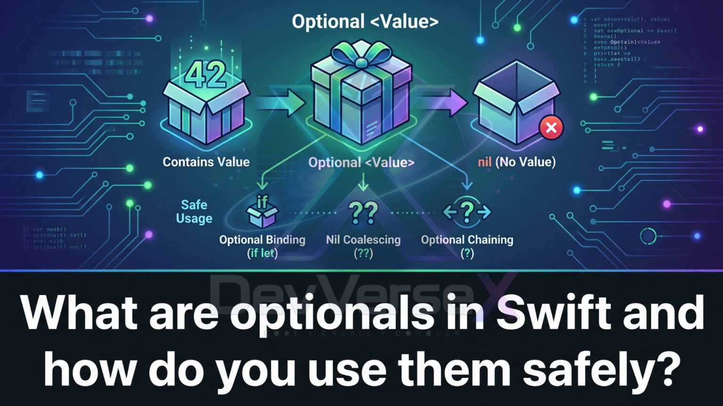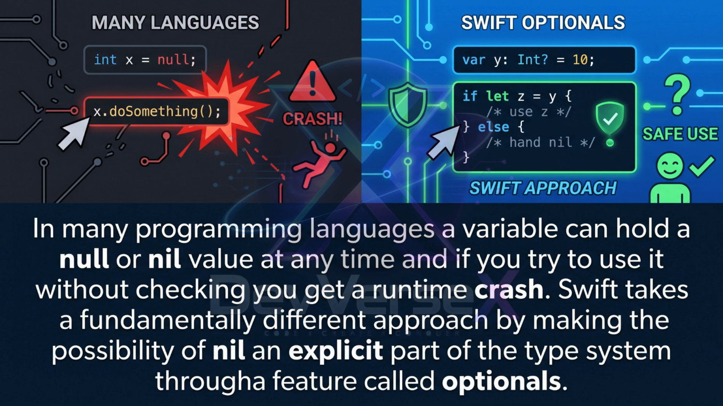What are optionals in Swift and how do you use them safely? In many programming languages, a variable can hold a null or nil value at any time, and if you try to use it without checking, you get a runtime crash. Swift takes a fundamentally different approach by making the possibility of nil an explicit part of the type system through